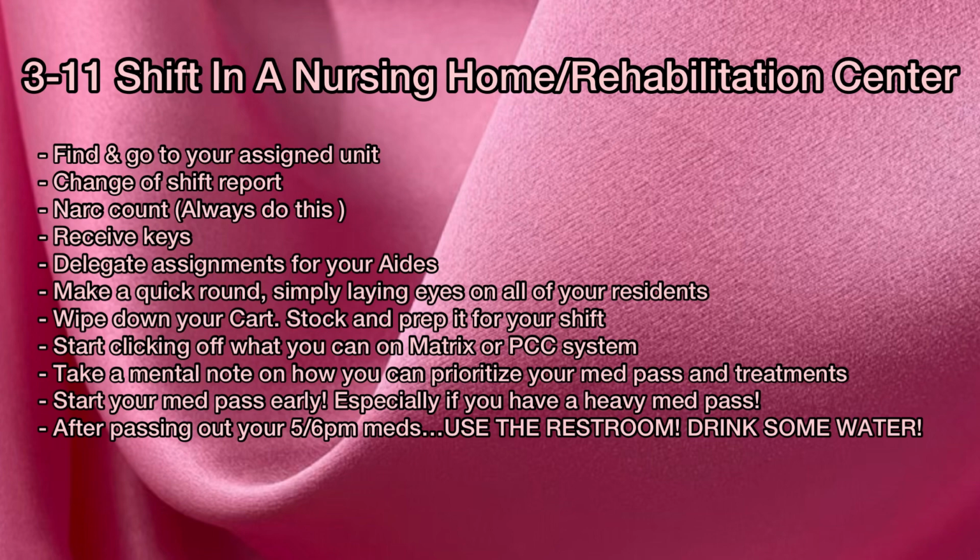Okay, so moving on, narc count. This is very important, but it's very easy. So you've probably seen it in clinicals. All you're doing is basically counting the narcs with the previous nurse. You want to pay attention though. I learned from one of the nurses that I work with, shout outs to her, turn the little cards over